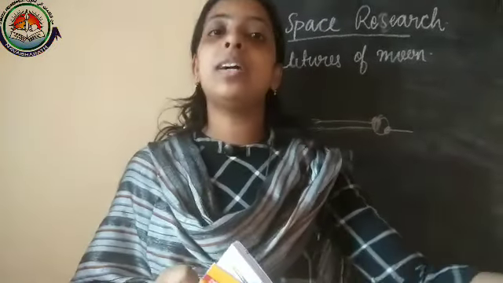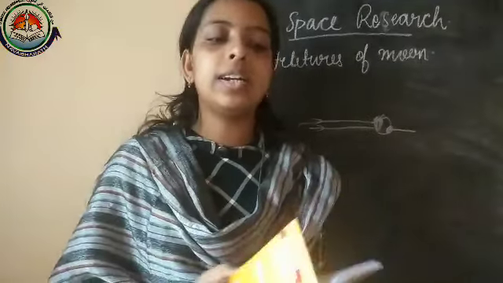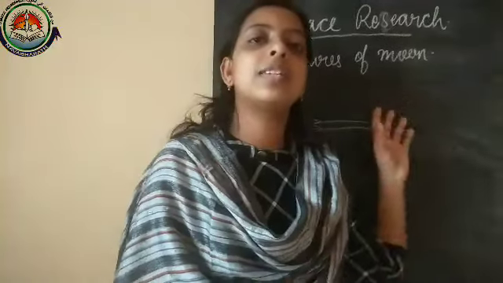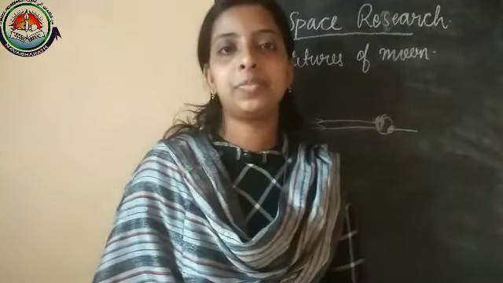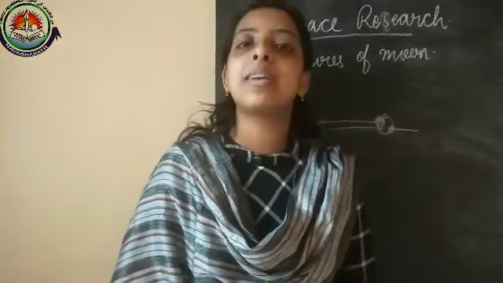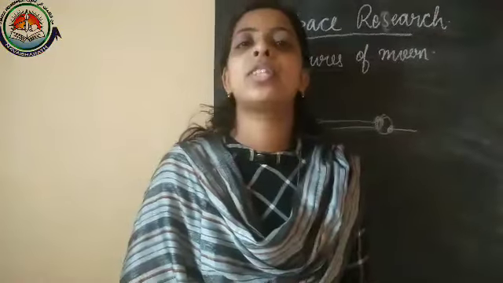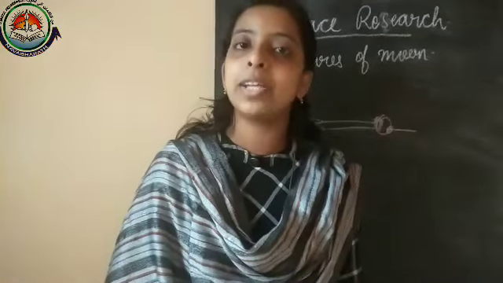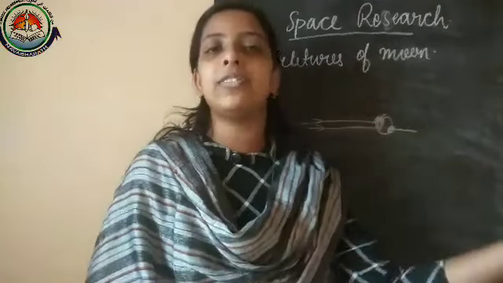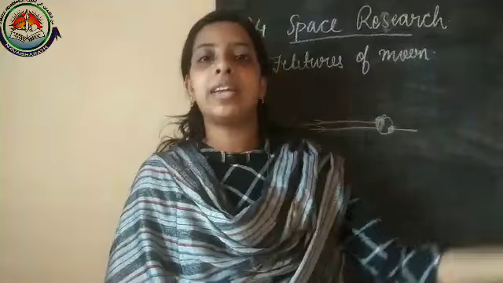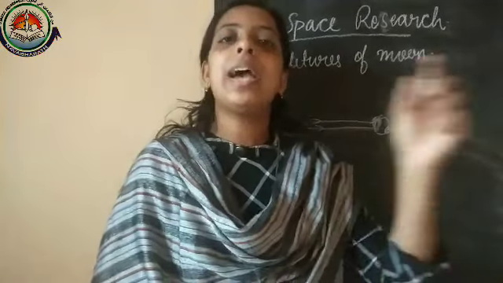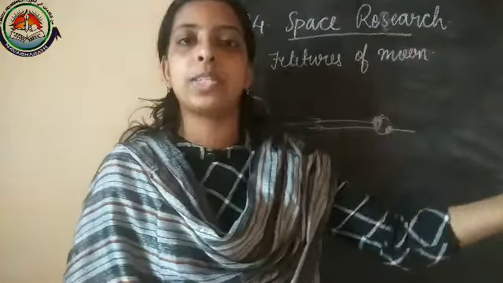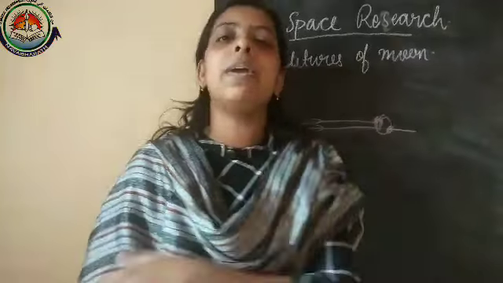Okay, and now we can discuss our third lesson. Our third lesson's name is artificial satellite. This much time we were discussing the natural satellite of Earth, right? Yes, now we are going to discuss artificial satellites. What do you mean by artificial satellite? Artificial satellites are satellites made by human beings. If we say anything is artificial, that means we human beings are creating it, right? Okay, a natural satellite means it is already present in nature. It forms from nature. And in the case of artificial, it is made by human beings.